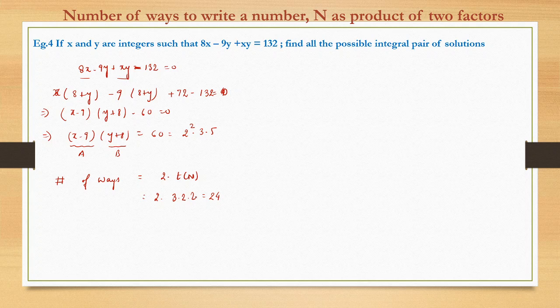We do not subtract that one case where x and y are 0, because x and y can be 0. If x equal to y equal to 0 is a solution to this equation, then it can be counted, because here this expression can take x and y equal to 0. Though in this case this will not be a solution, because if you put x and y as 0, then LHS is minus 72, RHS is 60, hence this is not a solution. But even had it been a solution, we would not be subtracting here, because x and y can be 0 here.